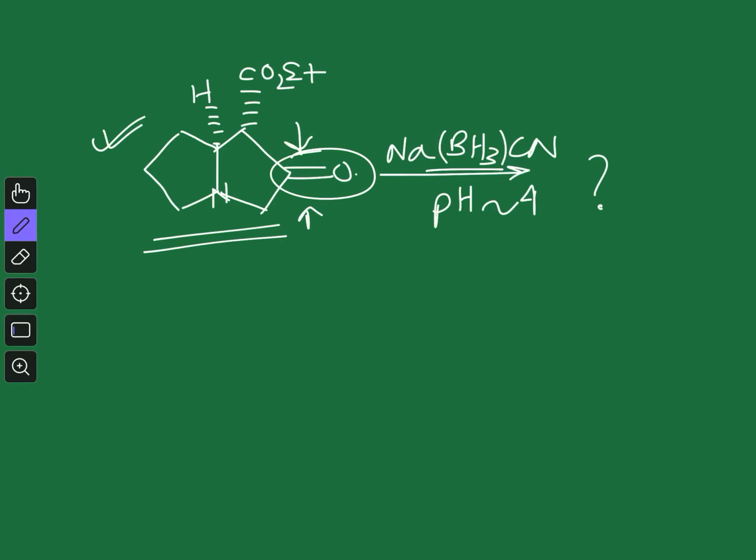So one of the faces will be attacked by this nucleophile in preference to the other, and that will give the major product. So how can we predict the major product of this reaction, that is whether the top face or the bottom face will undergo the attack? For that we have to draw the molecule in the proper form. How can we do it? So this is how we have to draw the molecule.